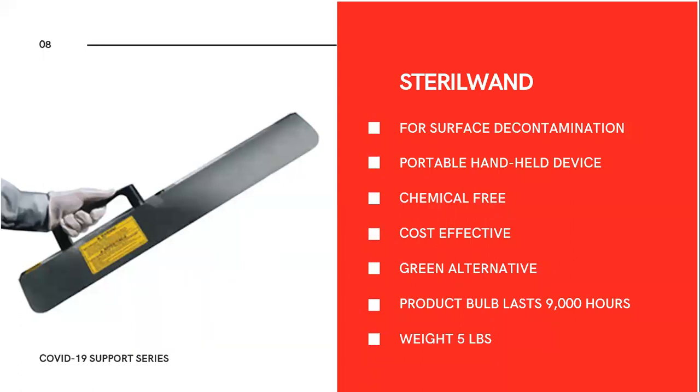So the Sterile Wand is the most relatable, most identifiable. It is portable. It definitely has a plug. It is not wireless, but it is for surface decontamination. It's a portable handheld device that gives you the control without using chemicals. It is a green alternative, which will allow you to seek points for your LEED, either new building construction or EBOM, existing building operation maintenance, and your green credentials as well. It's a very thrifty method for cleaning and disinfection. It has a bulb that lasts for 9,000 hours, so you're going to get a lot of usage out of that bulb. The bulb is heavily protected so that you won't have to replace it from breakage,